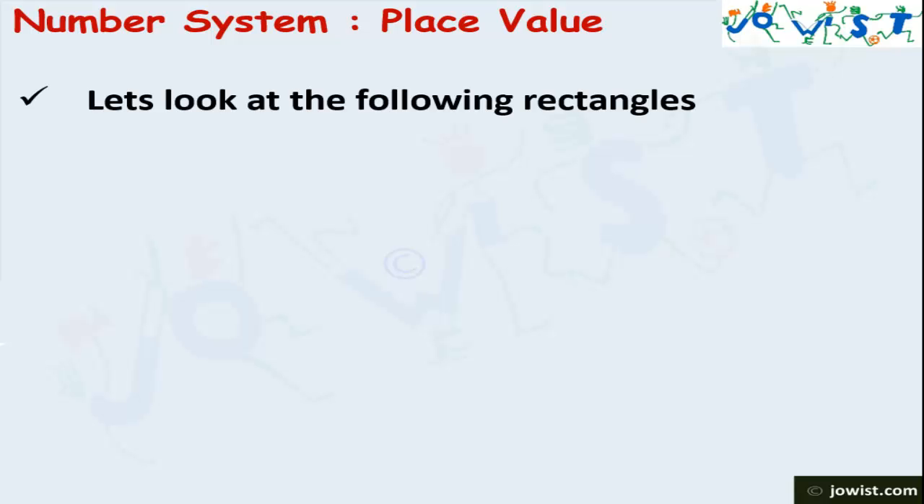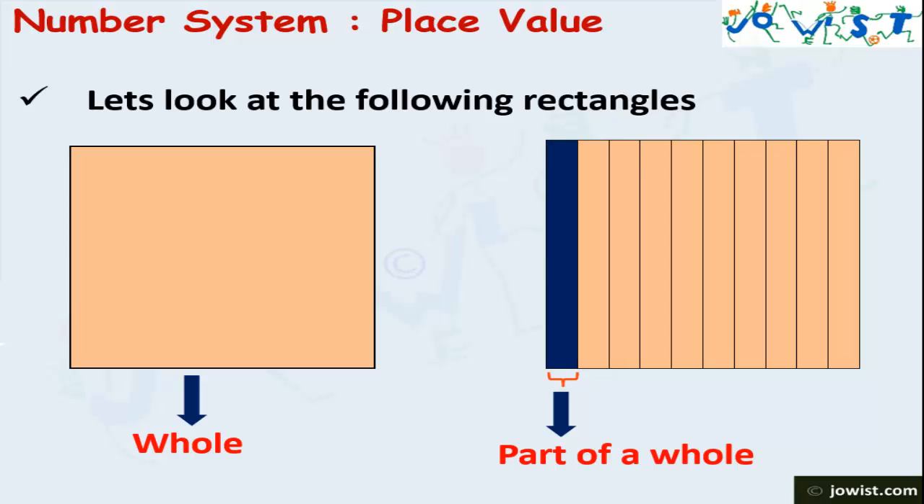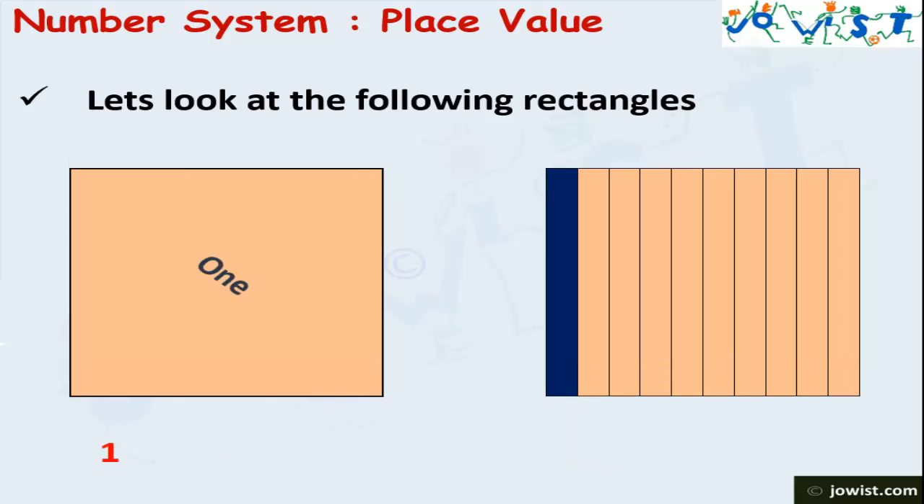Let's look at the following rectangles. This rectangle represents whole. And in the second one, the blue colored part represents part of a whole. Let's say the whole rectangle represents 1